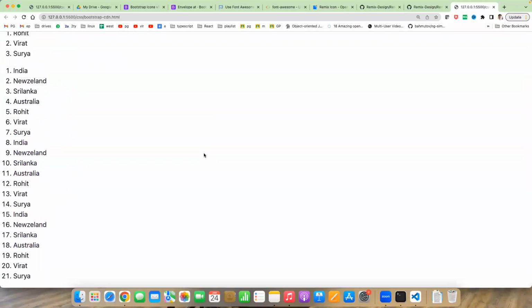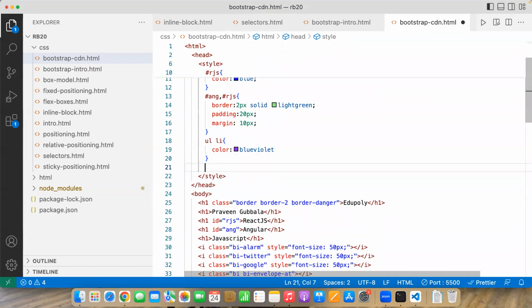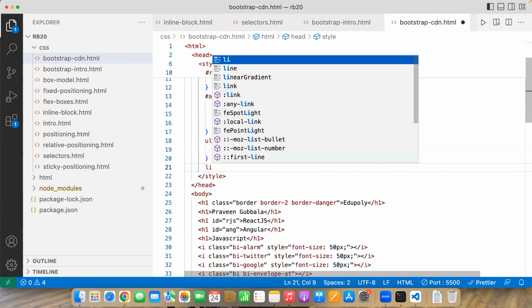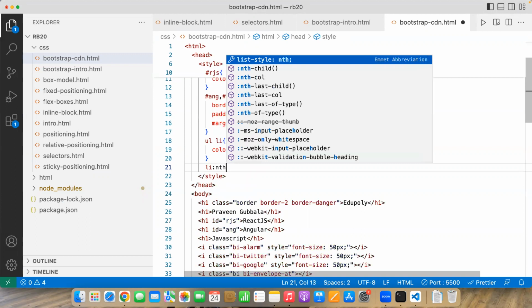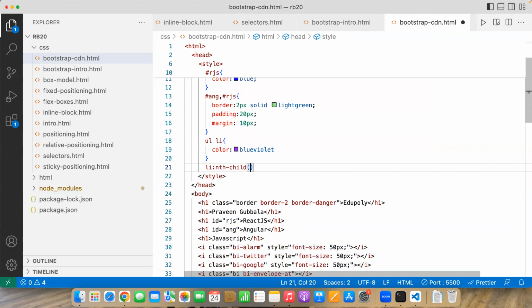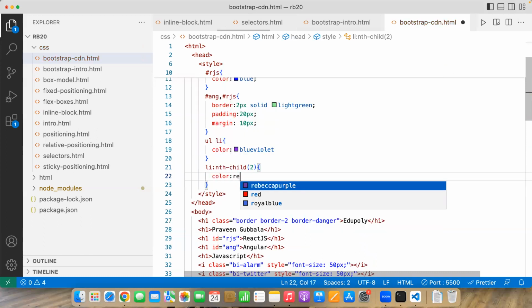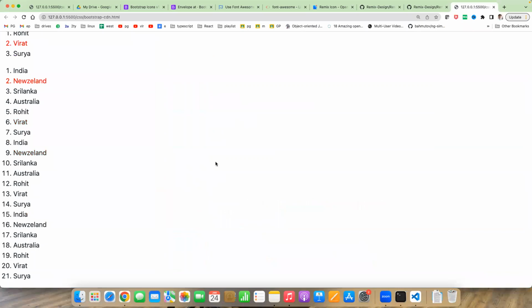There is a big list here. I'm going to write a style here. See here: li colon nth-child of 2, color red. It is selecting